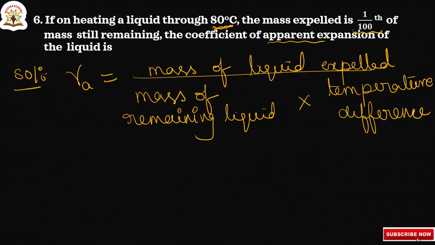So gamma A is equal to 1/100 into the mass of liquid remaining,